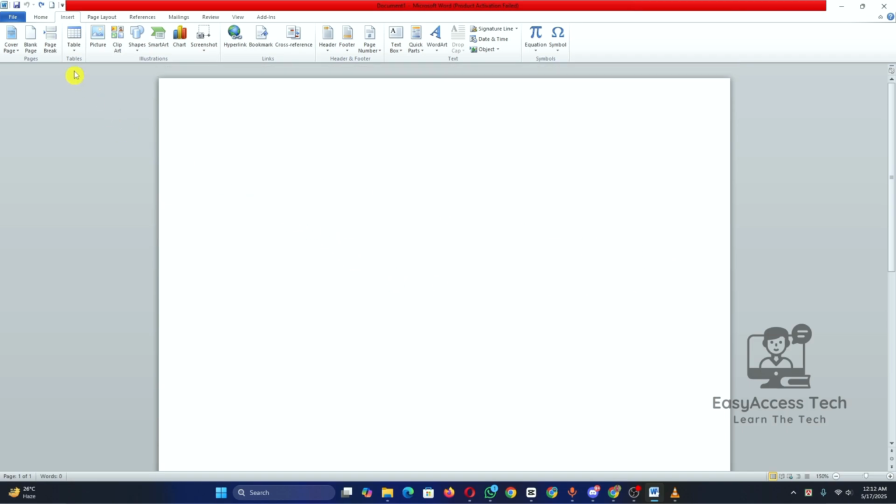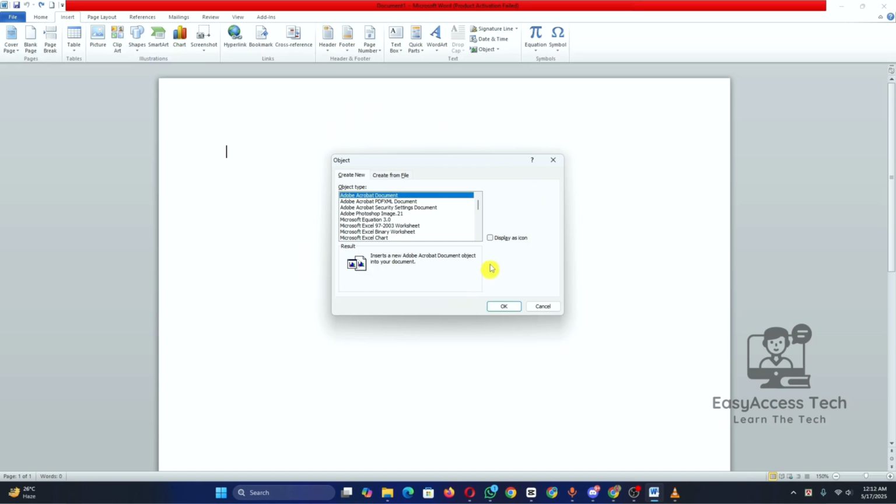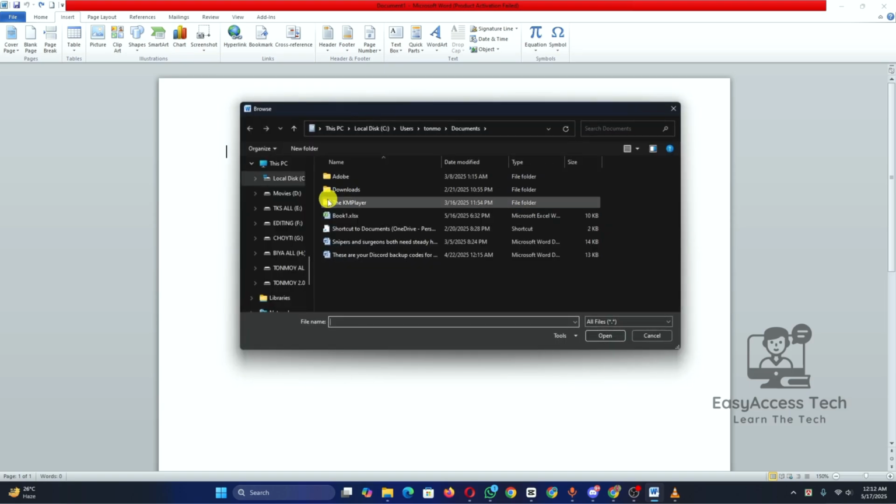Excel file. Next, click on the Insert tab at the top of Word. Now in the text group, click on Object. This will open a dialog box with different options. In the dialog box, click on the Create from File tab, then click on Browse to select the Excel file